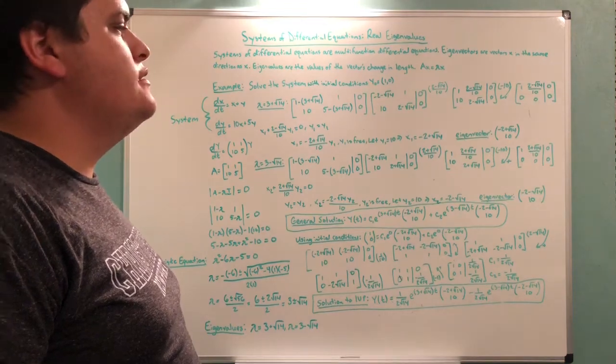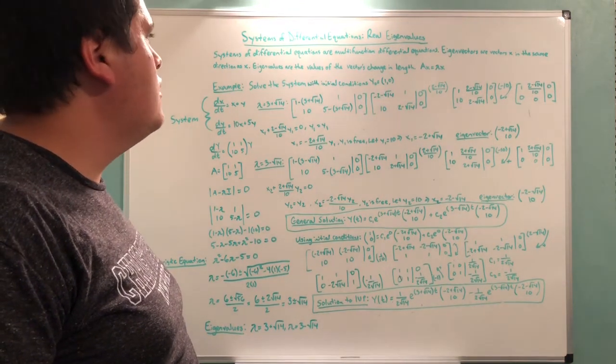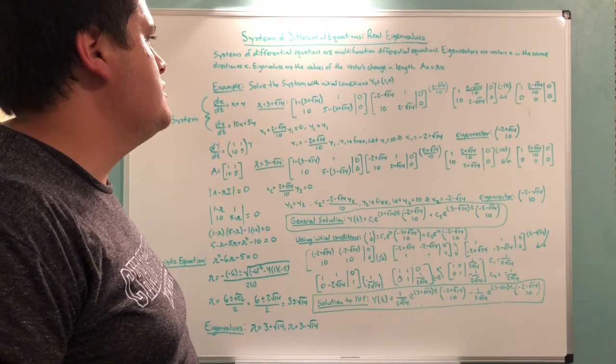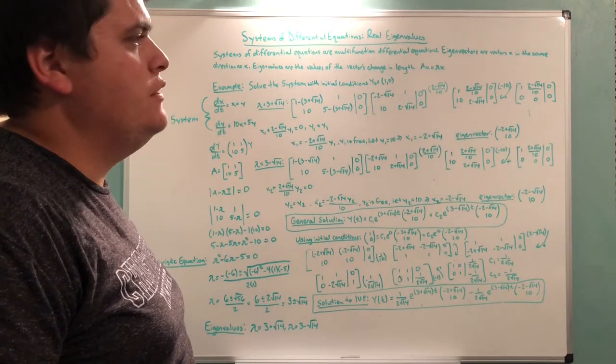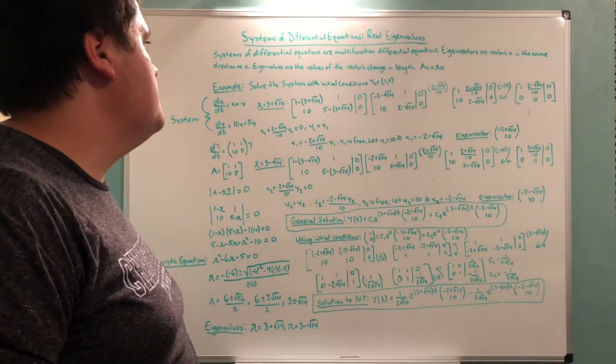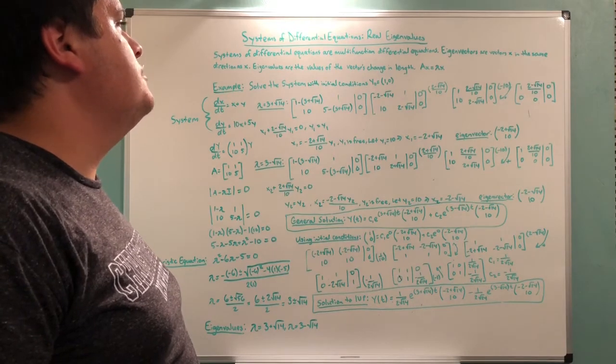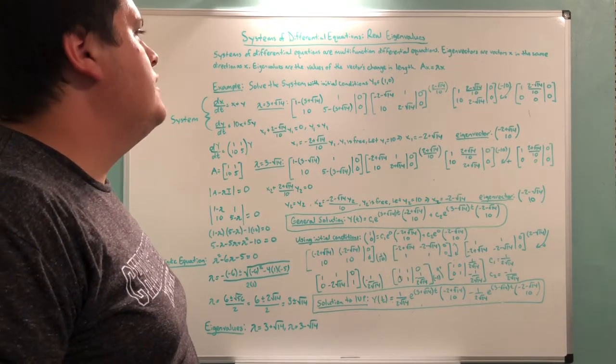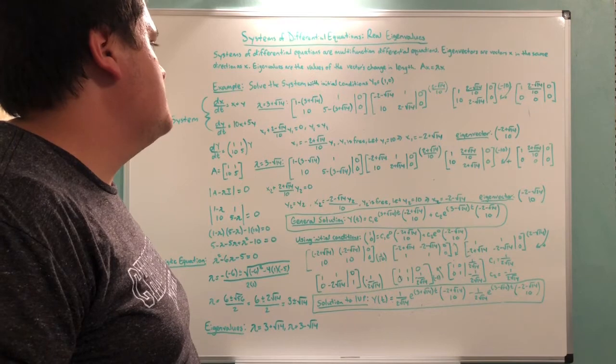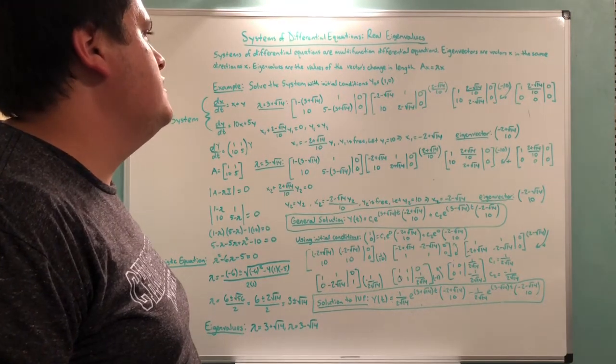Hi, for today's lesson, we'll continue to learn more about systems of differential equations. In particular, we'll be looking at real eigenvalues. So systems of differential equations are multifunction differential equations. Eigenvectors are vectors x in the same direction as x, and eigenvalues are the values the vectors change in